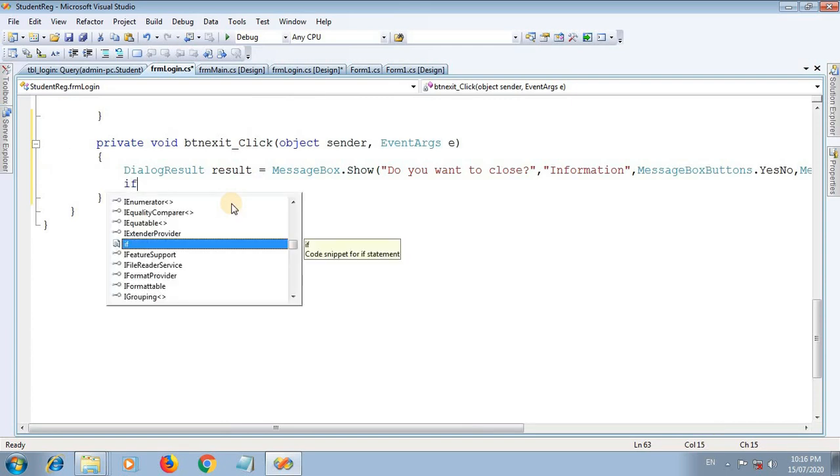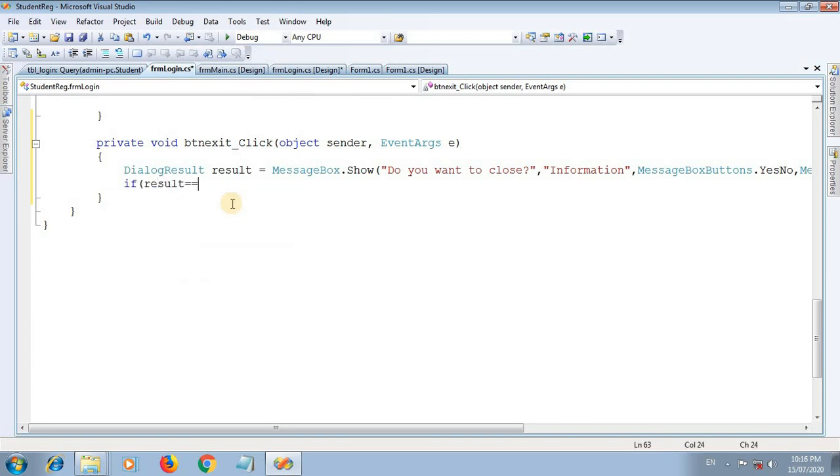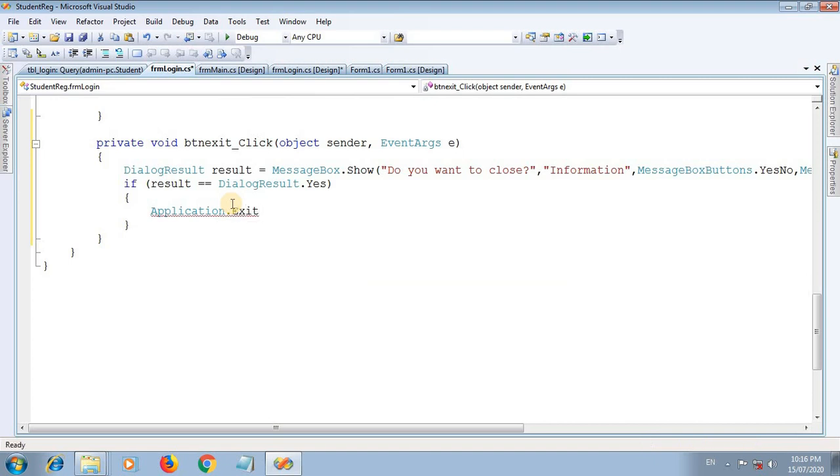Then check the condition again: if our result is equal to DialogResult.Yes, then close the application. So how can we close the application? There is a class called Application.Exit. So this is the class, Application.Exit. Else, if not,